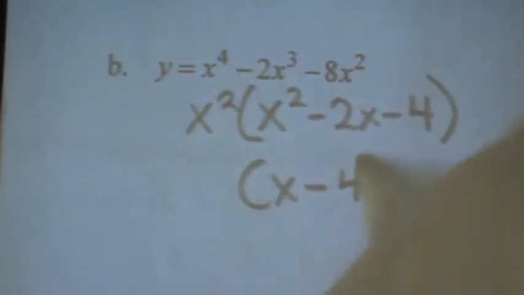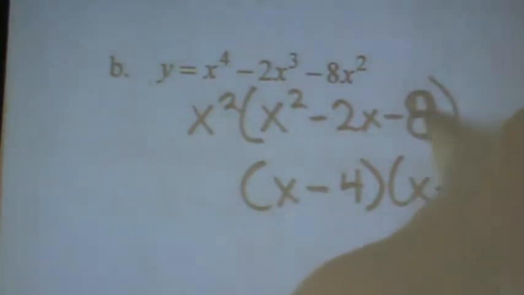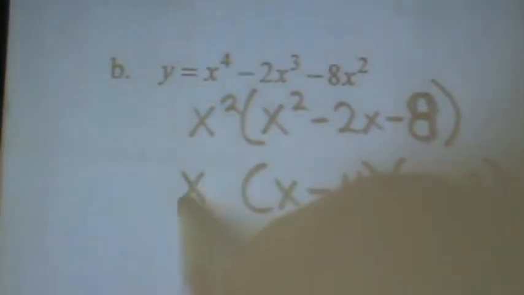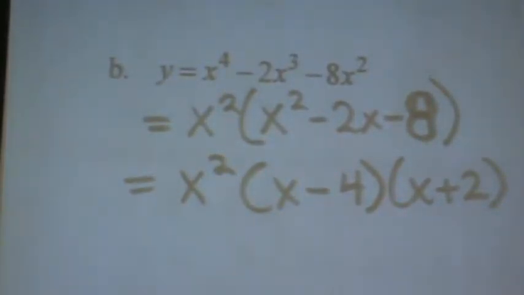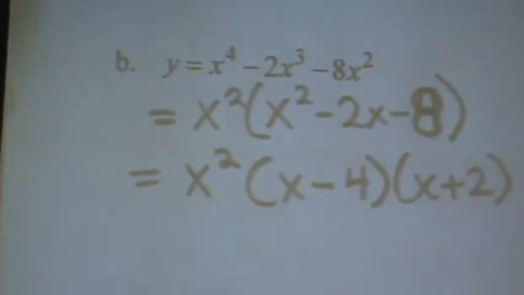X minus 4, I'm sorry, and x plus 2. That 4 wouldn't be 4, it would be 8. Oh, 8, I'm sorry. Negative 4 to positive. Sorry. You already did it, and I did it right. My brain was going faster than my hands. Is it right now? Yeah. Sorry, I wrote 4 here, it's an 8. So now, they're asking you